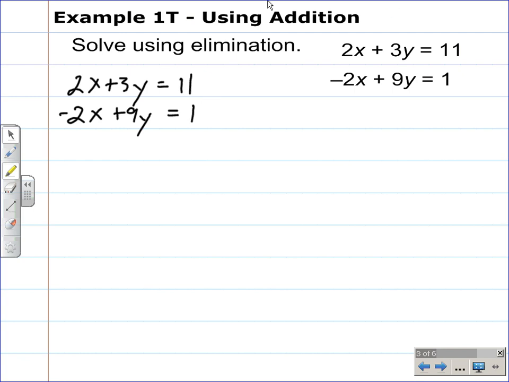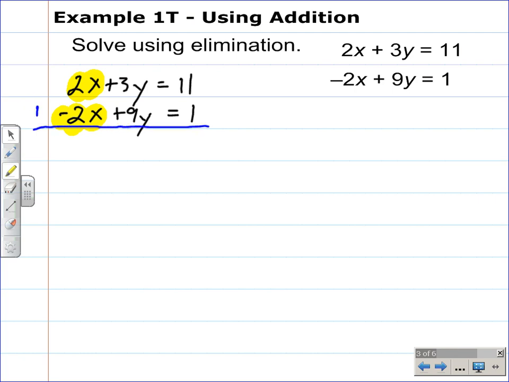And since we're trying to use elimination, I want to look at the x terms and the y terms to determine if they have the same coefficient. And if you look at the x terms, they have the same coefficient and they have different signs, or they have opposite signs, which means we're going to add